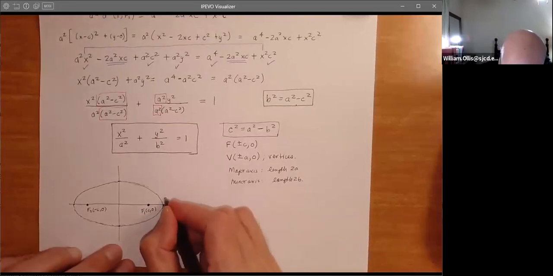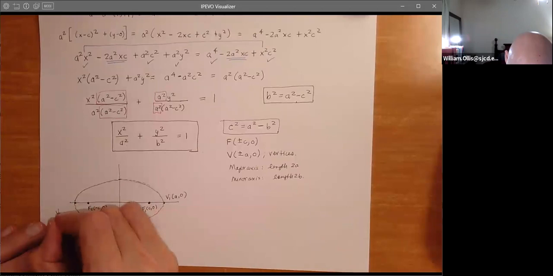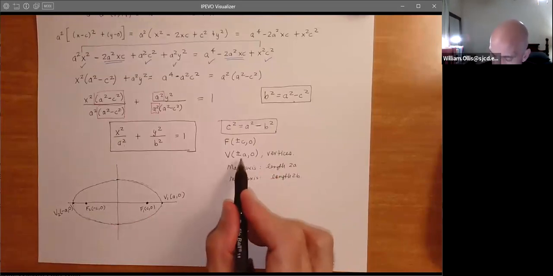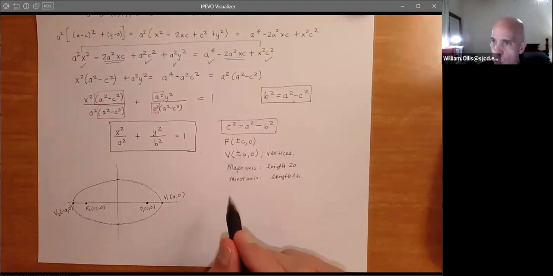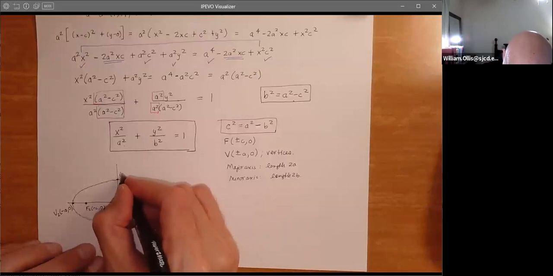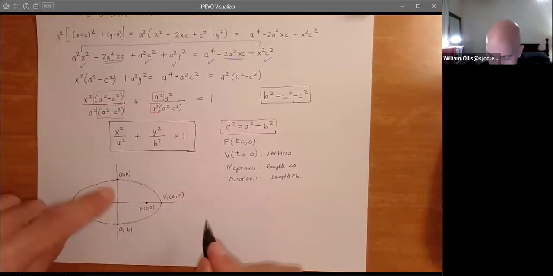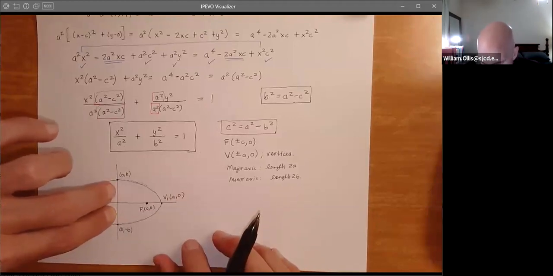And then of course the vertices, we could say V1 is a comma 0. And you don't have to be so particular here. We're just giving them subscripts like we have for the foci. That's just what I'm adding. This is more than enough if that's all you're asked to do. Usually you have to do them separately, and they'll say the order that they want, as far as the a first, then the additive inverse of a. And then of course here, this point will just be 0 comma b and 0 negative b. And of course, these don't have a label, but you can see that the minor axis is 2b